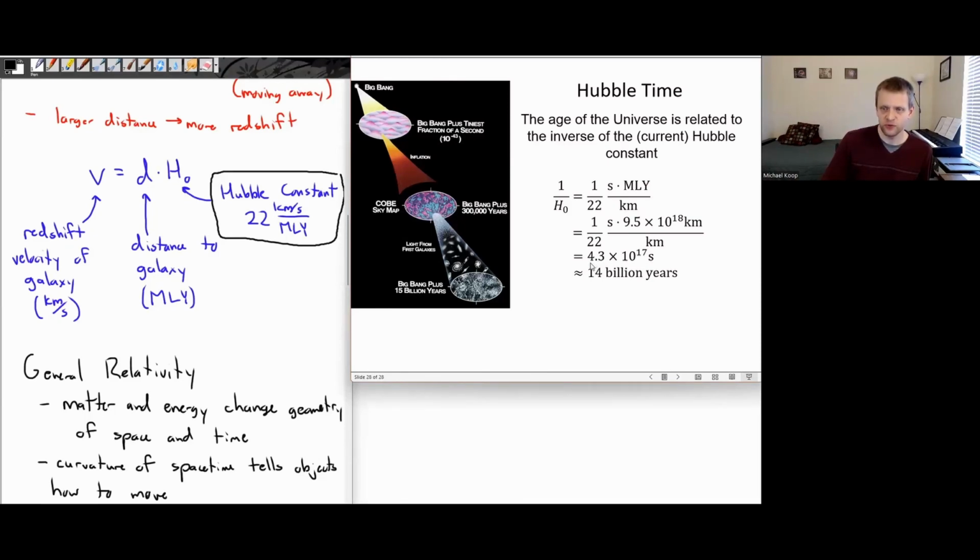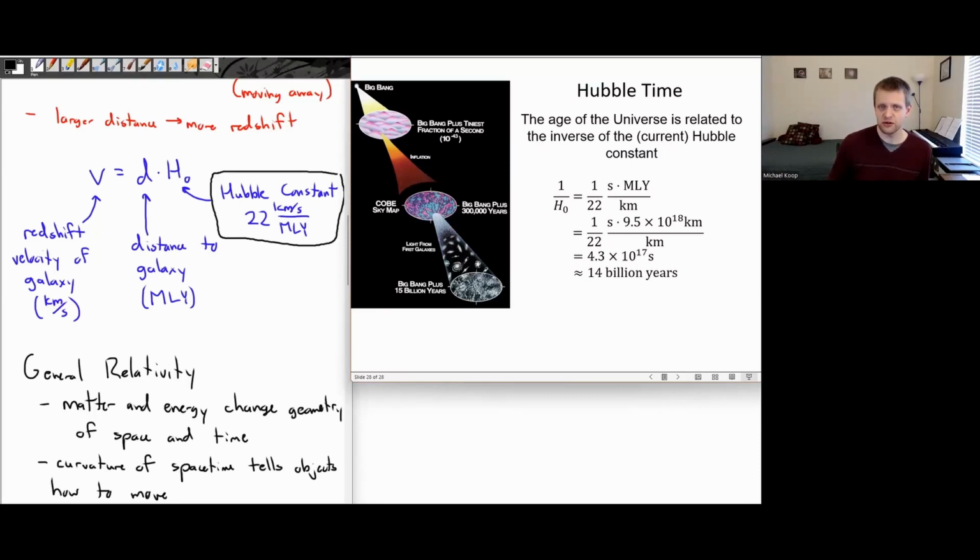And the units I'm left with is 4.3 times 10 to the 17 seconds, which is around 14 billion years. And this time scale is one of our first approximate methods of measuring the current age of the universe. Now, this kind of method, where we have a constant that we can rearrange into units of seconds,